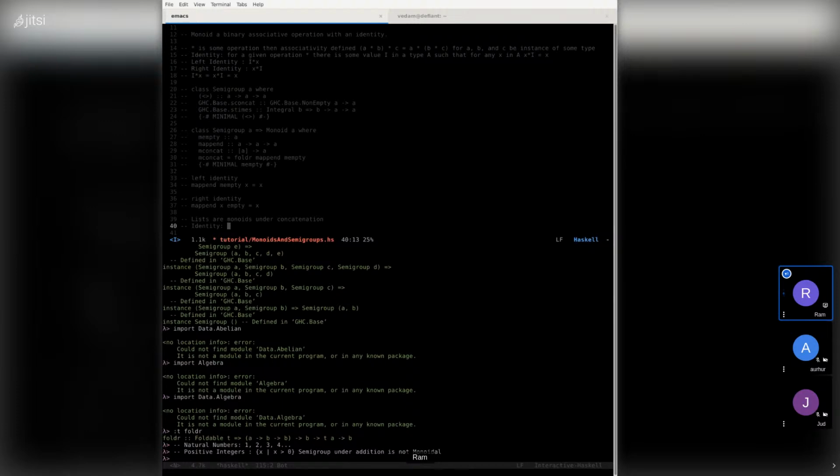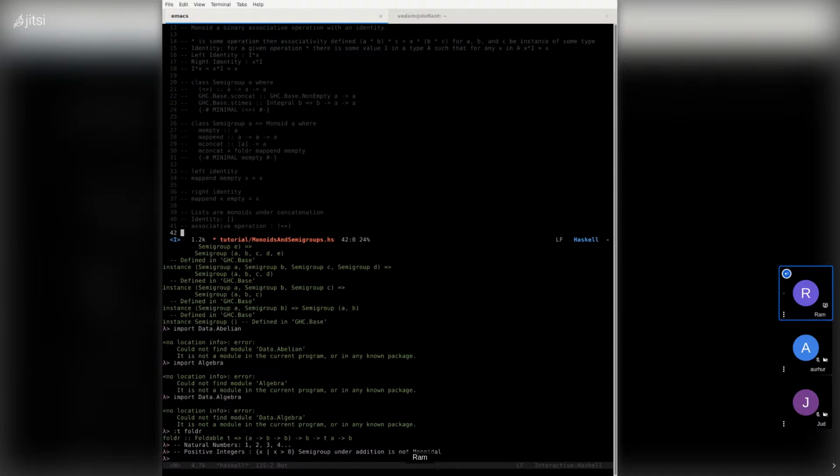If we apply a list, something to this list, we get the original list back. Well, in this case, obviously, if you guys have already guessed it, it's going to be the empty list. And the associative operation we're going to be talking about is concatenation, which in Haskell is the plus plus sign. So let's look at a couple of examples of working with this here.